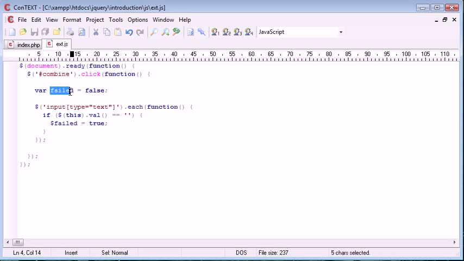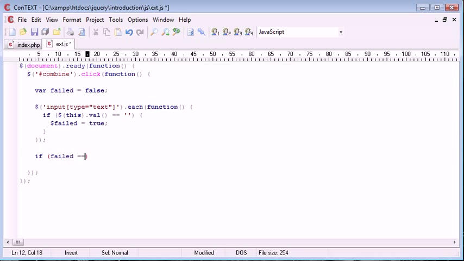So essentially what we're doing is setting a failed variable up here equal to false. Now that will remain false until here, unless one of these input fields is empty. So if this dot val for each field equals nothing, then failed is assigned the value true. So now what we can do down here is we can say